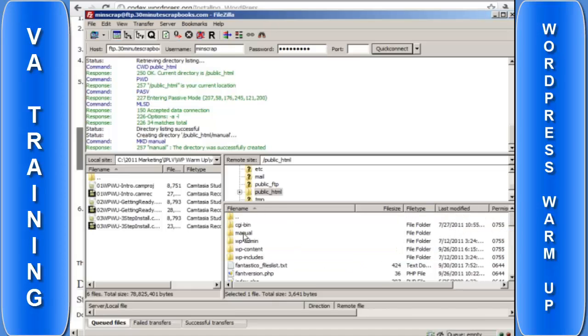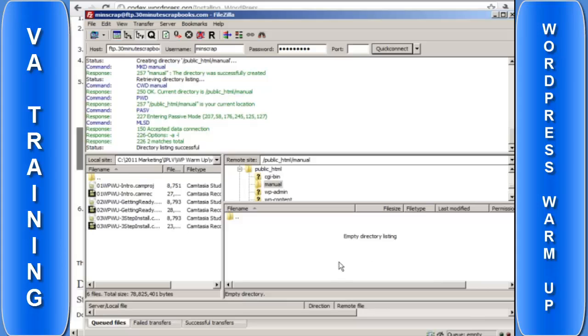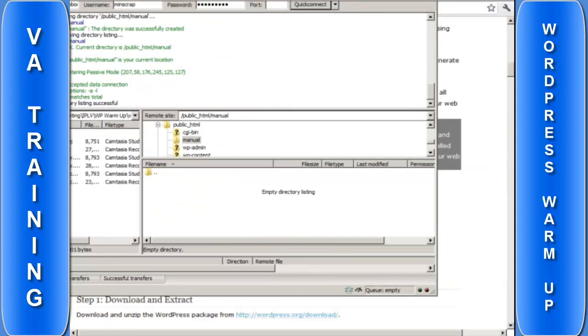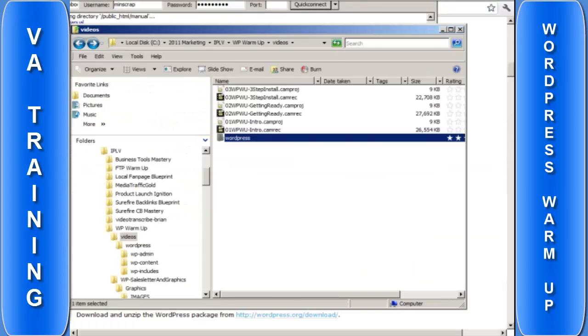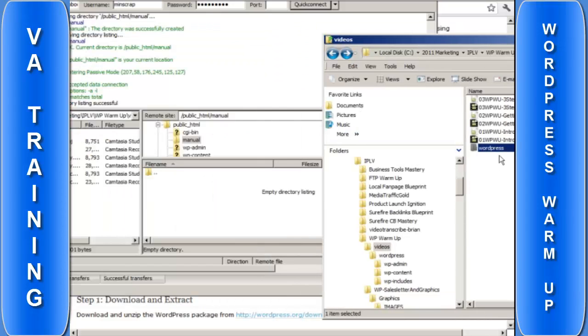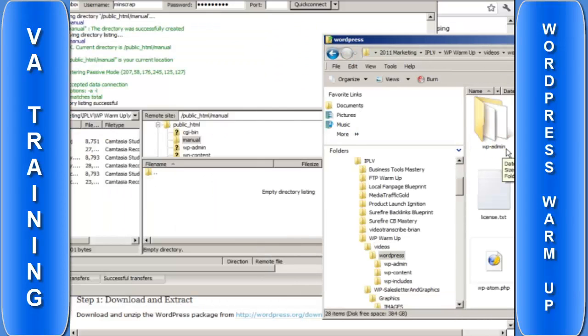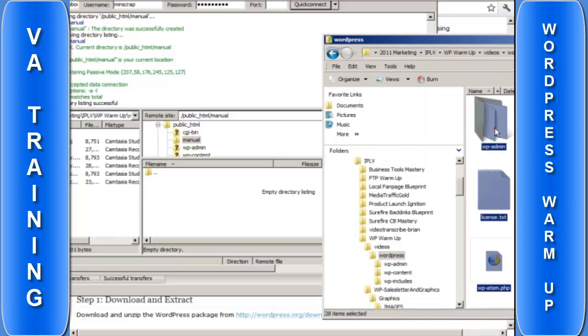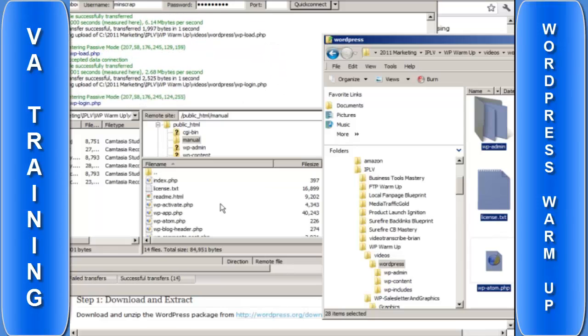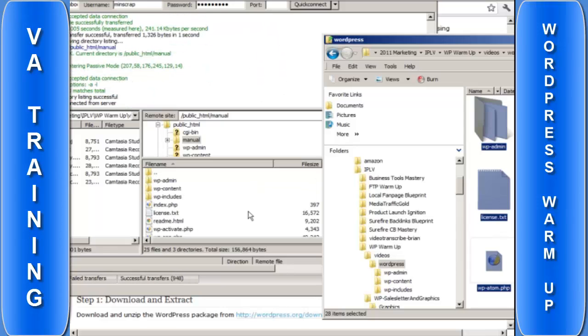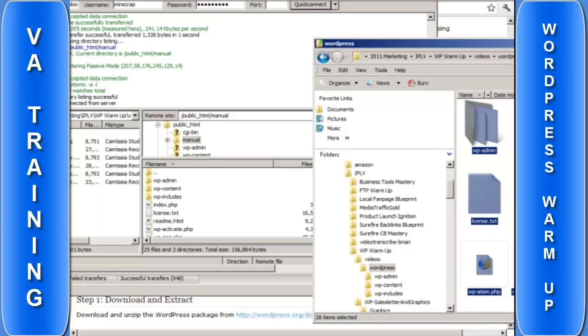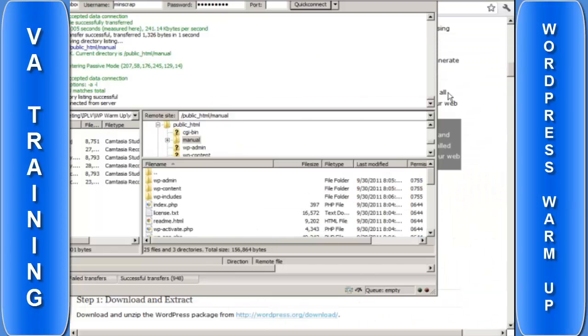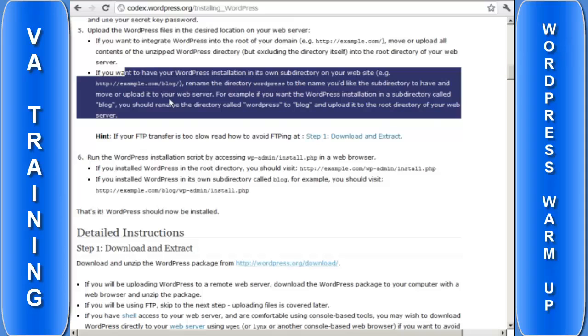Once that is done, all you have to do is upload the files here. So I find the easiest way to do that is to basically go here, double click this folder, select everything, and then drag and drop that into this folder. Okay, so I've already uploaded the files, and if we go back here, the next step is to run the